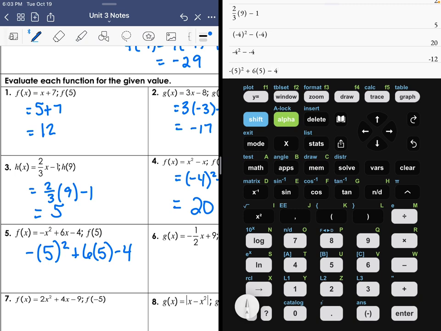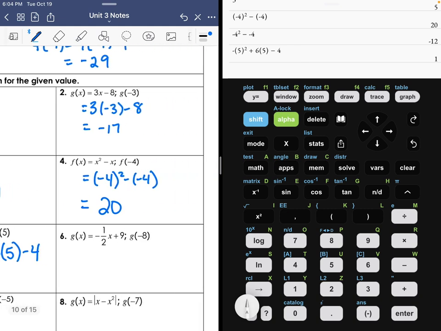I mean, you probably don't need it on number 1. 5 plus 7 was 12. But these other ones, definitely just use it. So this one is a 1. See? Just use the parentheses. If I didn't use the parentheses there, it actually wouldn't make a difference, but you would have to remember to do 6 times 5. So using the parentheses makes a difference in that it automatically will multiply the things that